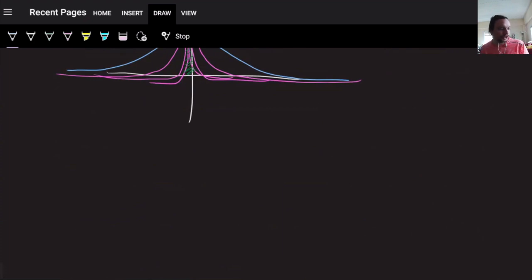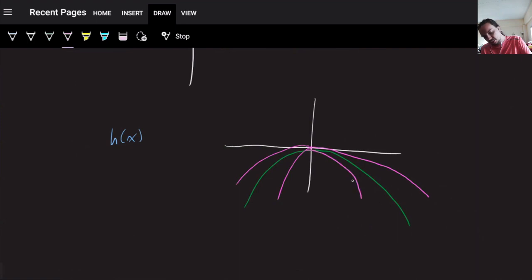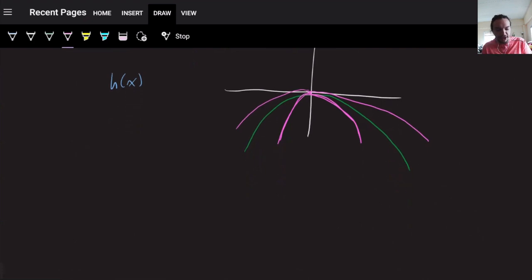Let's prove the method of steepest descent. So we're going to stick with our function h of x, which we had defined just by shifting our f so that the maximum happened at x equals 0 and was equal to 0. Okay. So this is our function h. And by Taylor's theorem, we know that this guy is basically like a parabola at x equals 0. Okay? In fact, because h double prime was strictly negative,